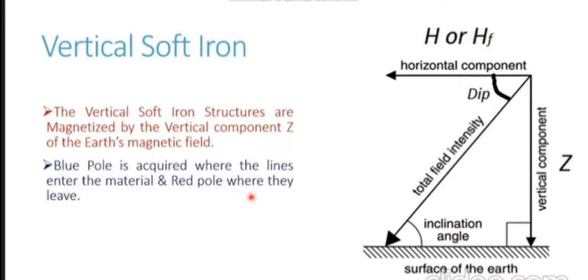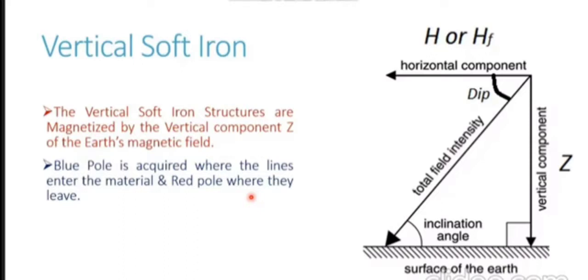So if a ship is standing on the North Pole, you will see that the magnetic lines of force will be going vertically downwards into the Earth's surface. Let's assume or visualize the mast on that particular ship. Let's assume the forward mast. Now with the lines of force going vertically downwards, they will be entering from the top of the mast. This point where the lines of force enter, that is at the top of the mast, acquires a blue polarity. Wherever the field lines enter into a structure or a magnet, a blue pole is acquired,